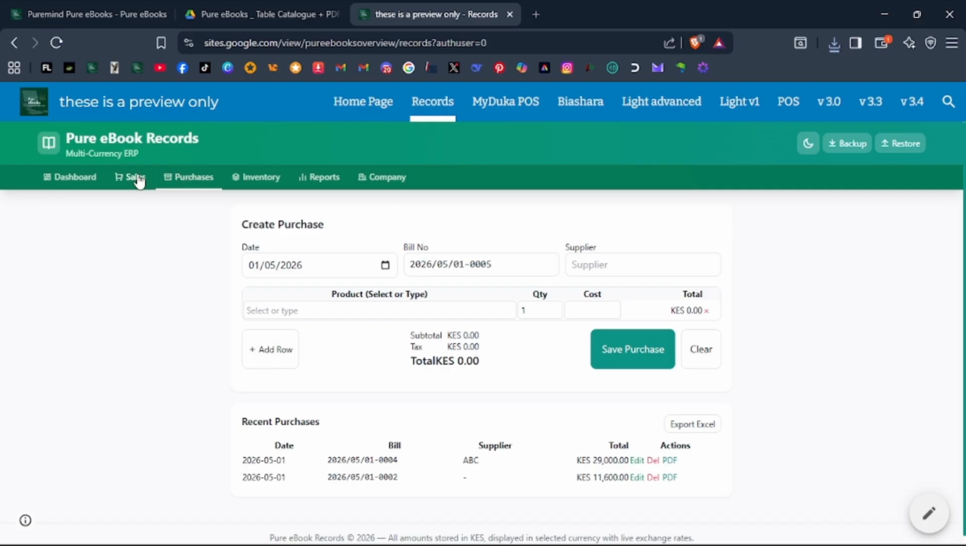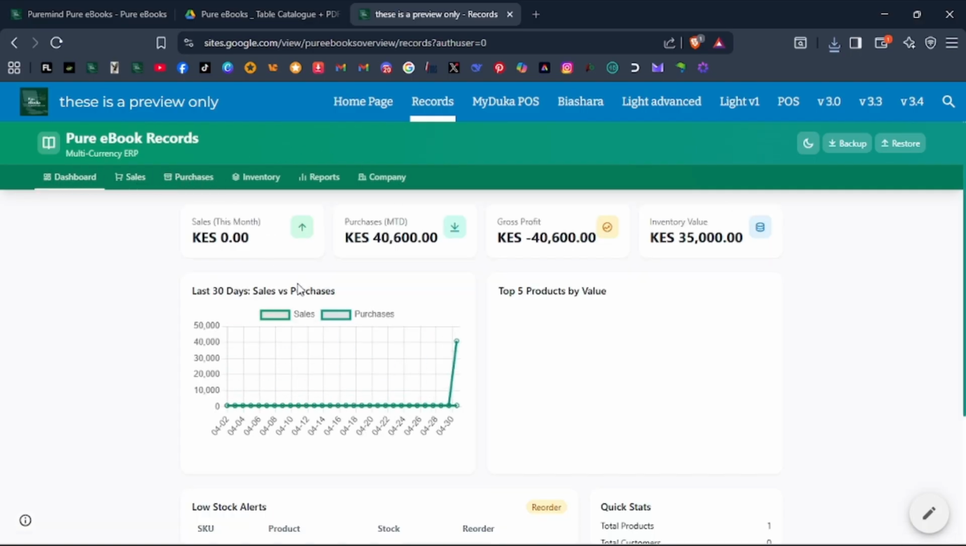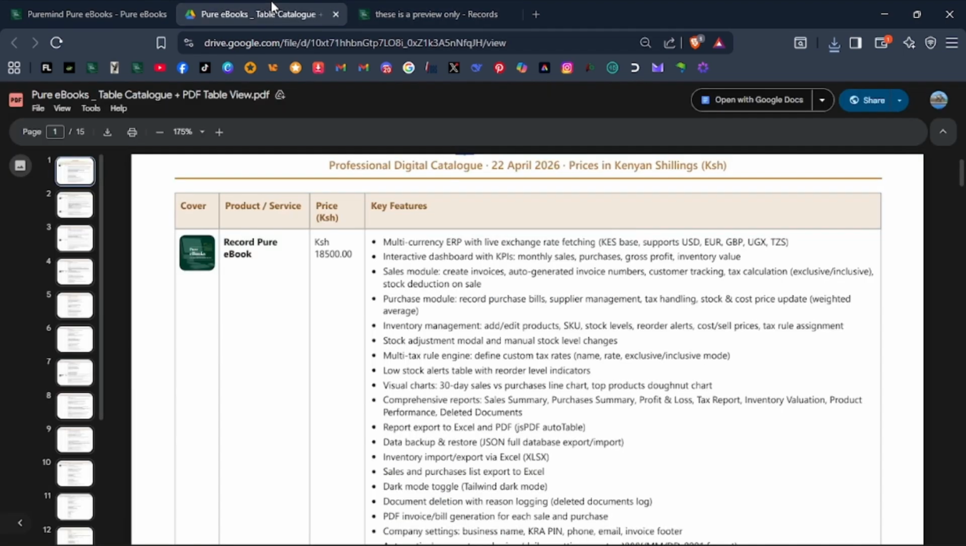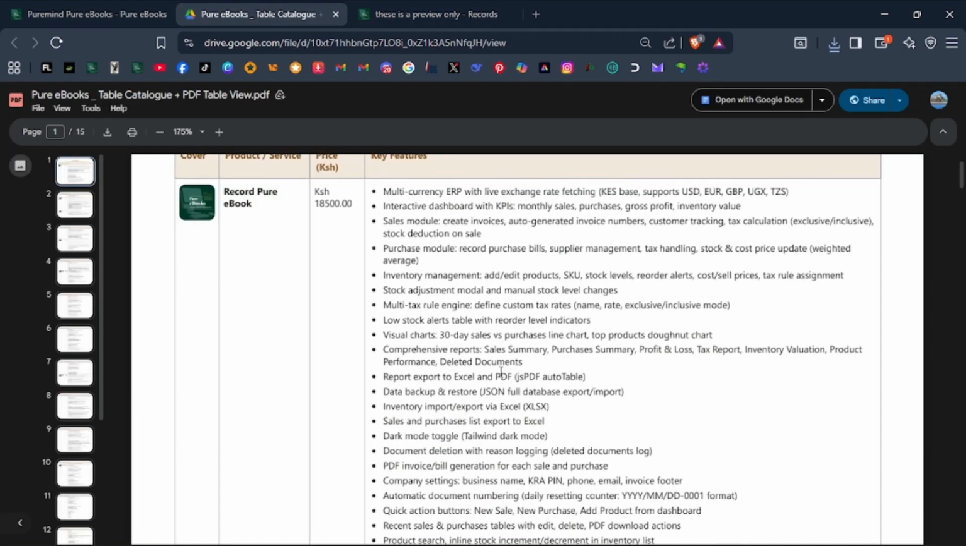Let's go to sales. Let's go to the dashboard. That's how the dashboard looks. The gross profit is negative, purchases 40,000, inventory value 35,000. You can see,